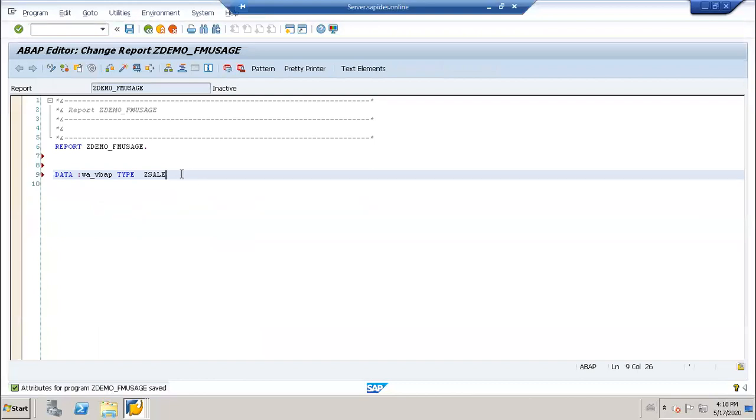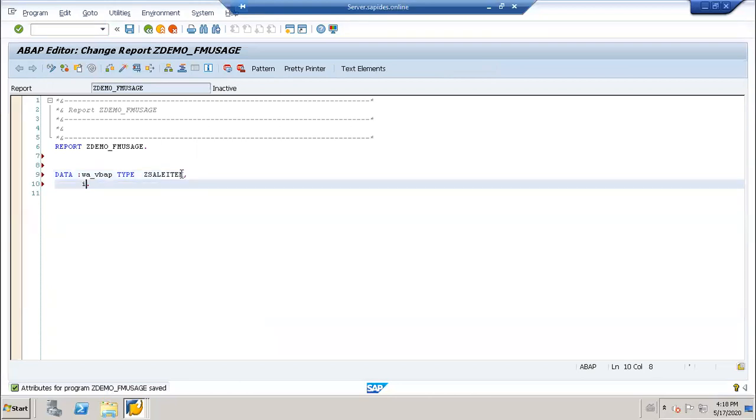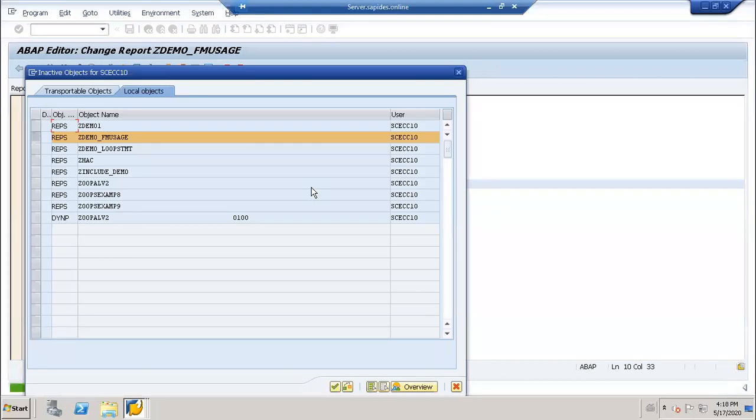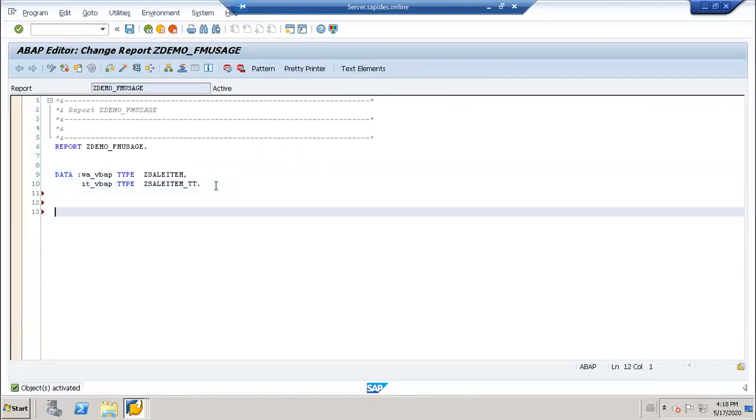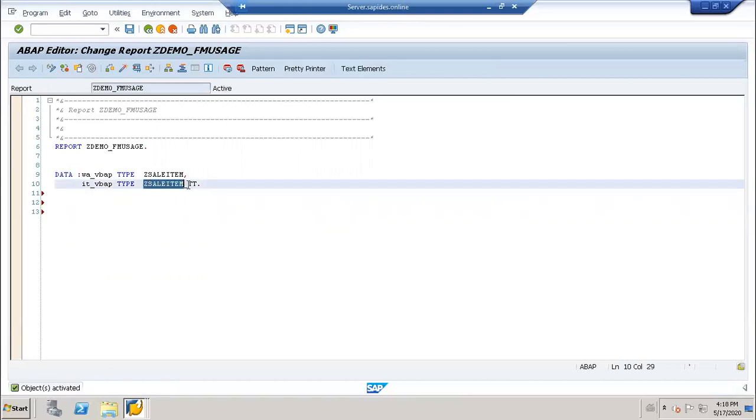This is my structure, and this is my table type. Okay, I can do this way also. No need to give type standard table, because this is already giving a table kind of structure with rows and columns. That's why it is called table type.